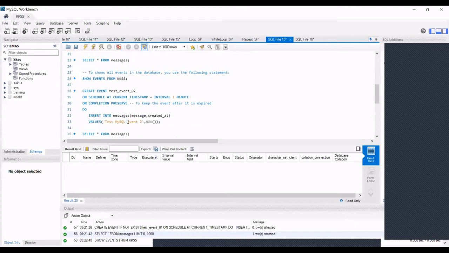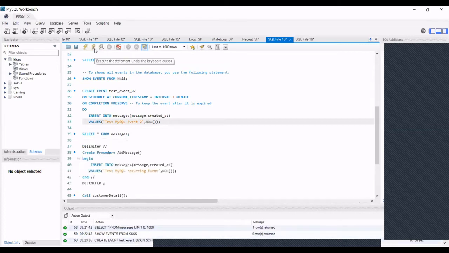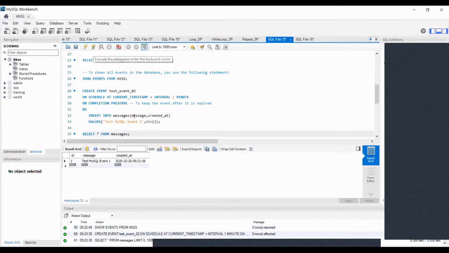Let me show you. This is test event 2, and it would insert a value of test MySQL event 2 and now, with a timestamp, but after an interval of 1 minute. If I run it now, we haven't received the new record as of now. We have to wait for a minute, and only then will we get this data.